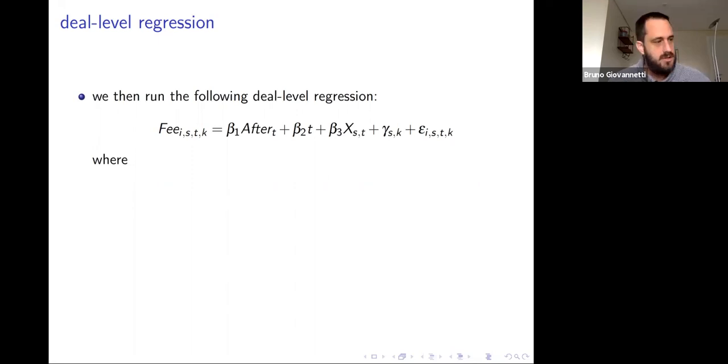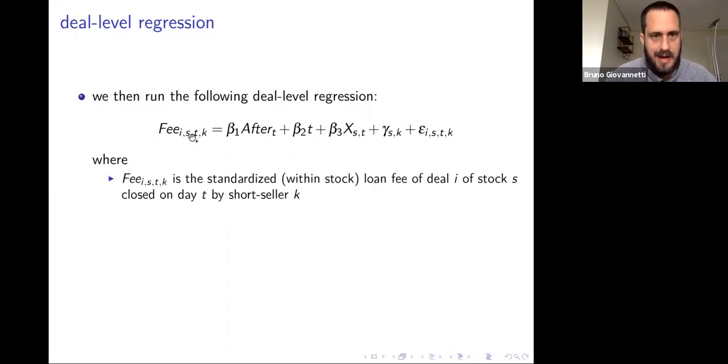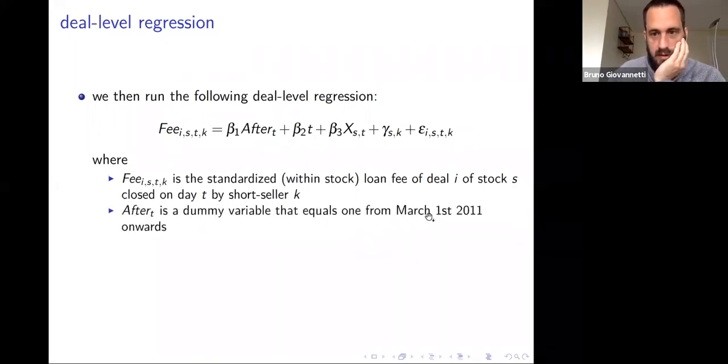So we run a deal level regression, with all loan deals within this 2-month period. We run the following deal level regression, where FISTK is the standardized within stock loan fee, so that we can interpret coefficients in terms of standard deviations. It is the loan fee of deal I, of stock S, closed on day T, by short seller K. This is the loan fee paid by short seller K when he was borrowing stock S on day T in this deal here. After T is a dummy variable that equals 1 from March 1st, 2011 onwards